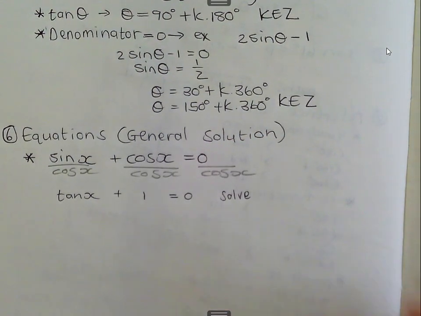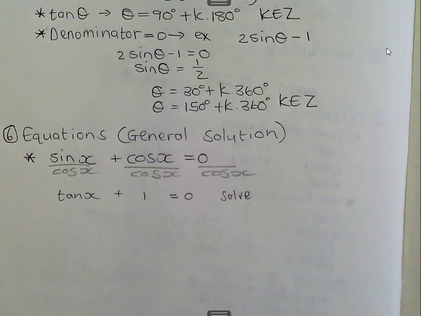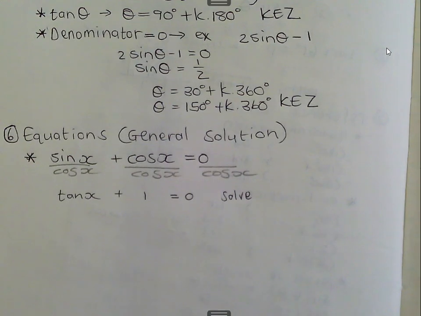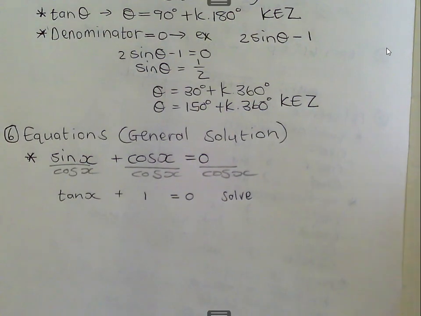You get the function alone, shift tan 1, you get 45 degrees. It's negative, negative in the second and in the fourth, k element of z. You remember tan's period is 180, sin and cos is 360.